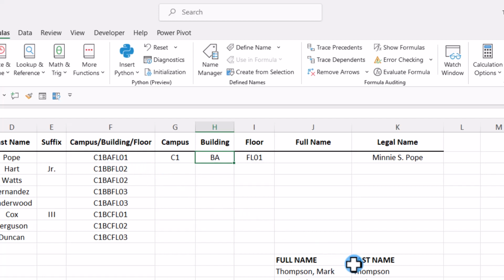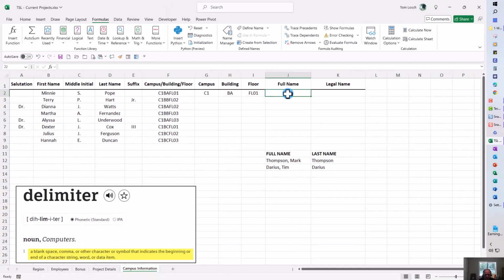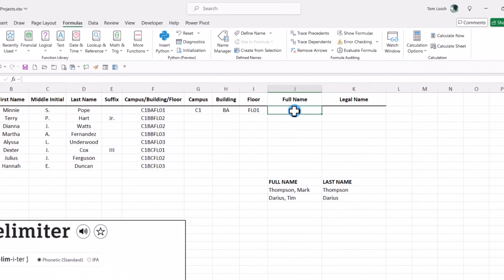Pretty neat, huh? Now I want to use what's called the CONCATENATE function, or CONCAT, in order to get the person's full name here in column J. In this instance, when I say full name, I'm going to save a little bit of time and ignore the middle initial. I'll just have the first name and the last name. But you'll see when I use the function, you can very easily allow for the middle initial to appear as well. So I start typing the function, equal